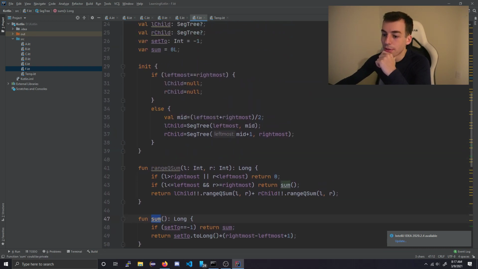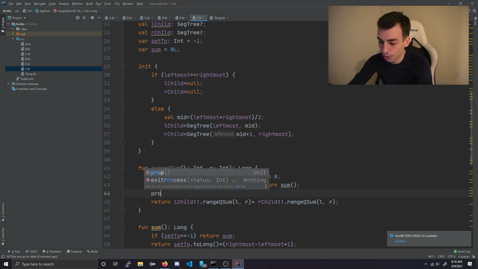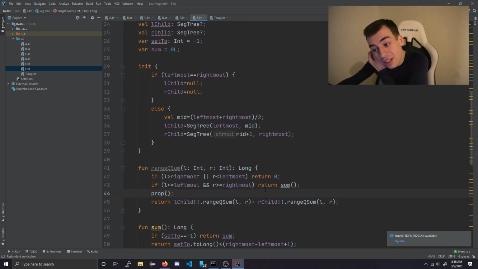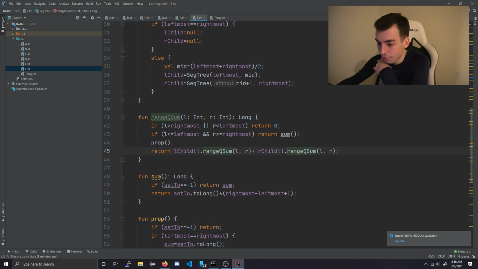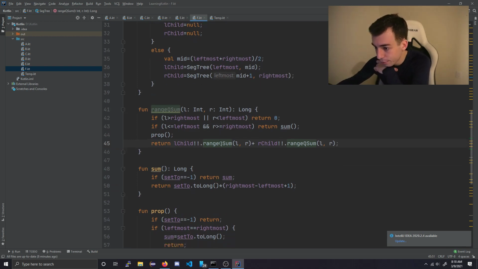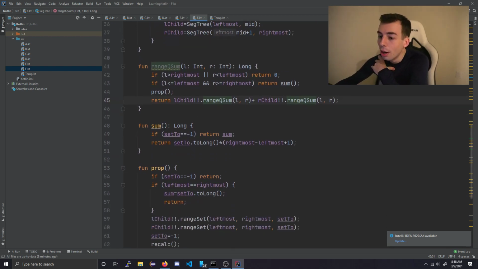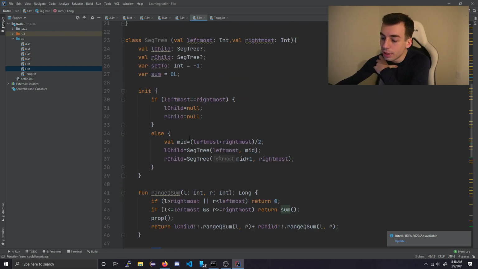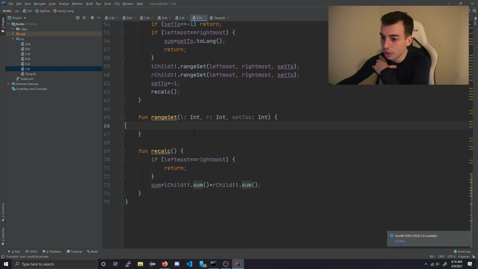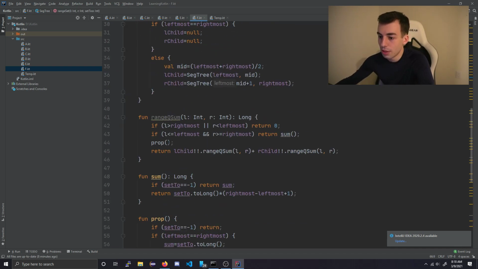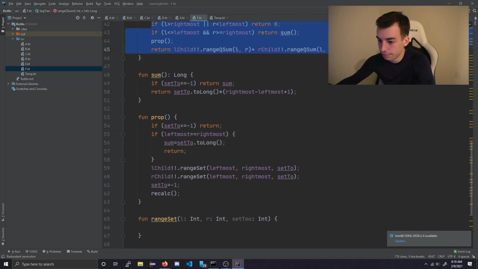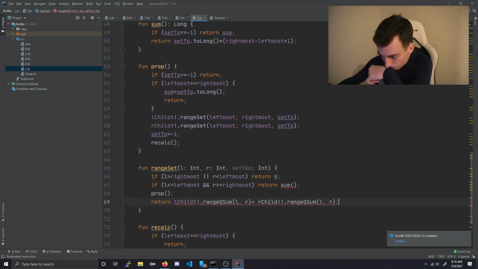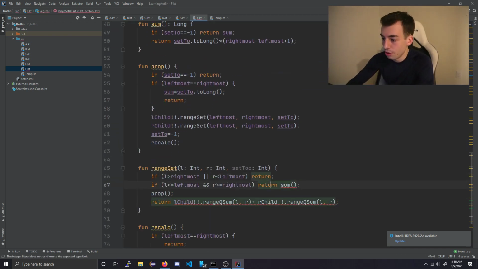This is the sum. Query the range sum. Otherwise, we prop, and then answer it for the kids. Yep. Okay. That's this range sum. Now we need range set. So we have these 3 cases here. Then just return. Otherwise,